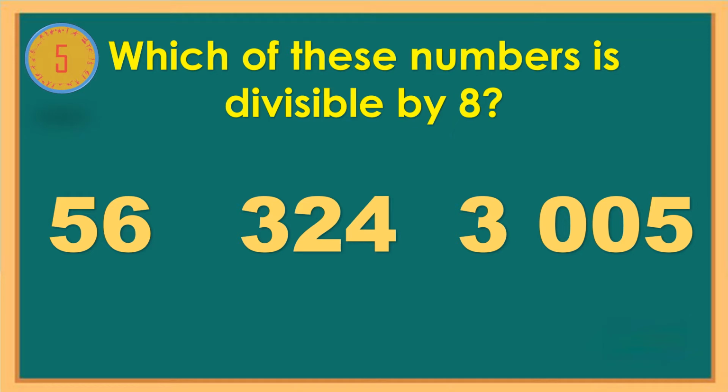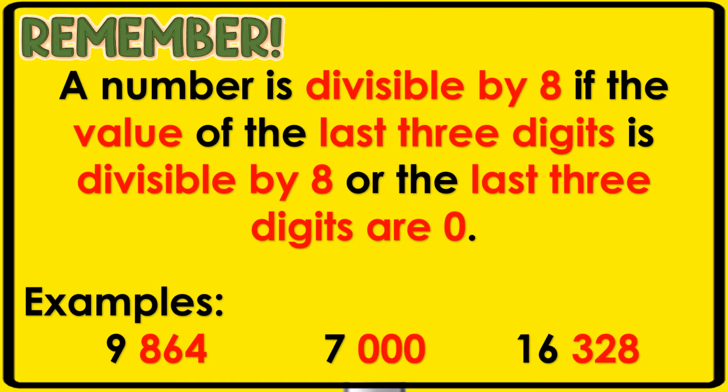Which of these numbers is divisible by 8? 56, 324, 3005. Excellent. It's 56. Remember, a number is divisible by 8 if the value of the last three digits is divisible by 8 or the last three digits are 0. Examples: